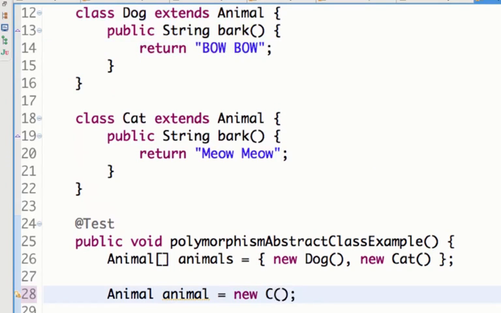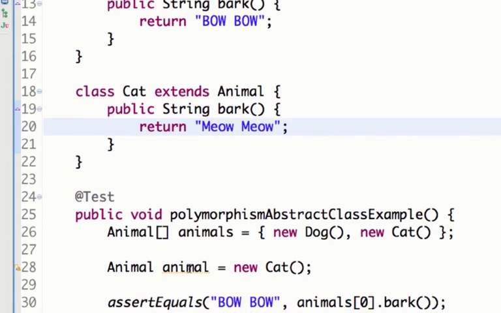Whereas if I change it to cat and now do animal dot bark, it would return meow meow. Even though I'm not changing anything to the left, so it's still an animal class, based on whatever reference object is pointed to, the method which is invoked is different. This is what is called polymorphism.